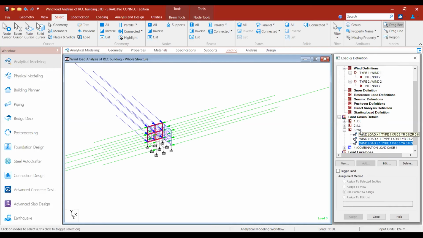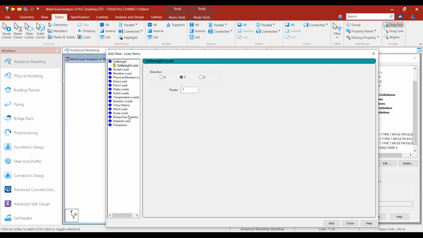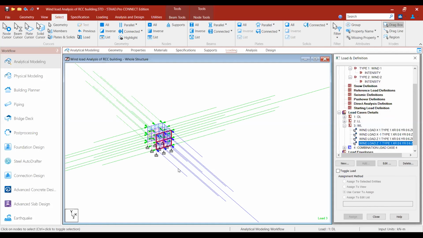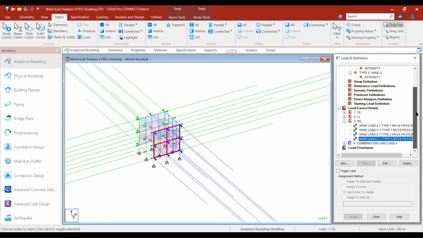Again you take the wind load, Z direction but -1, the other direction. This range is 0 to 6 for X value, and Z also 0 to 6. The opposite direction is acting. So this is the wind load we have completed.